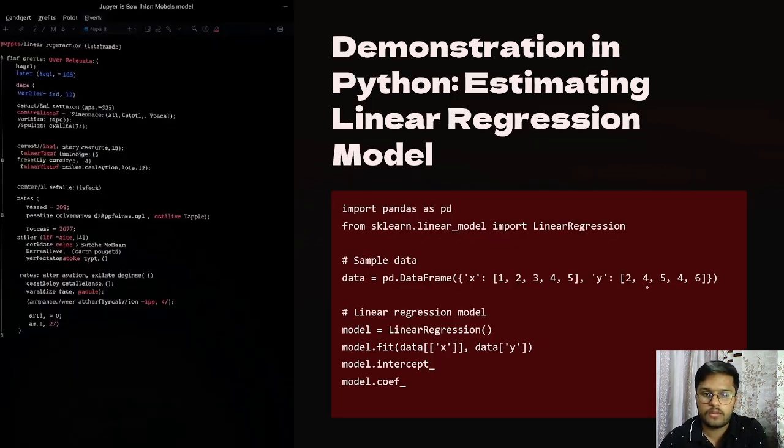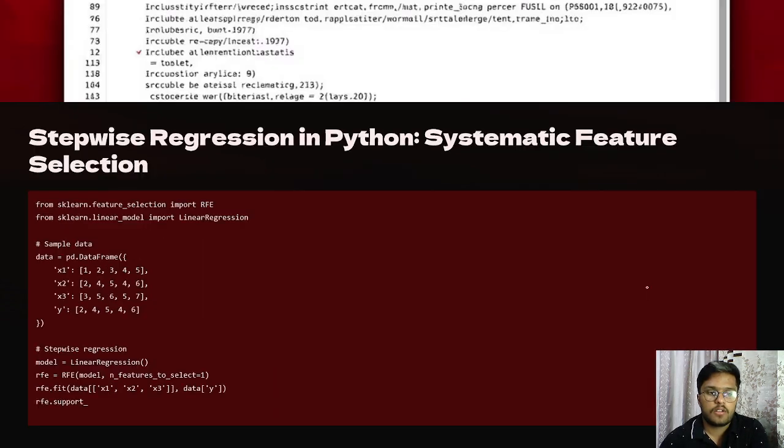Now in Python, importing feature selection tools. Here, we import feature selection tools and apply recursive feature elimination, which is RFE.